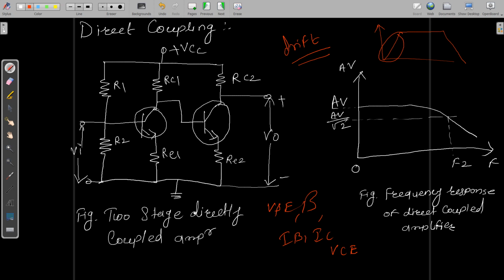Here, if you talk about the advantages, disadvantages and applications of direct coupling, we can say there are no components involved in the connection between the output of one stage and the input of the second. It is not blocking DC, but the previous two were blocking DC. The output is flat at middle frequencies, and there is an improvement of the gain at the lower frequencies. There is no impedance matching like your transformer coupled. Here DC amplification is possible because you don't have any capacitor or transformer to block DC isolation, right? So definitely DC amplification is there in case of your direct coupling.